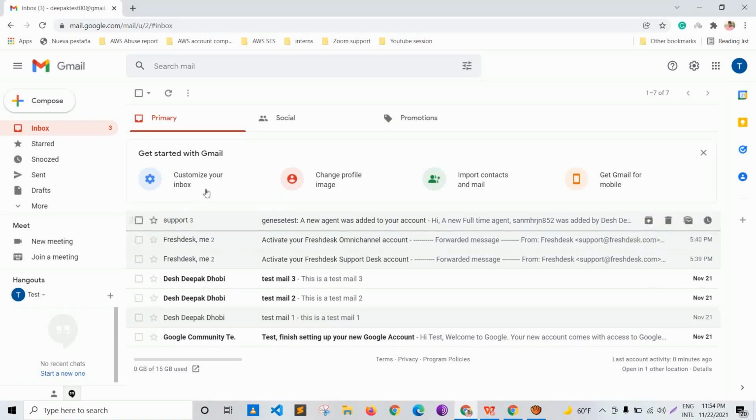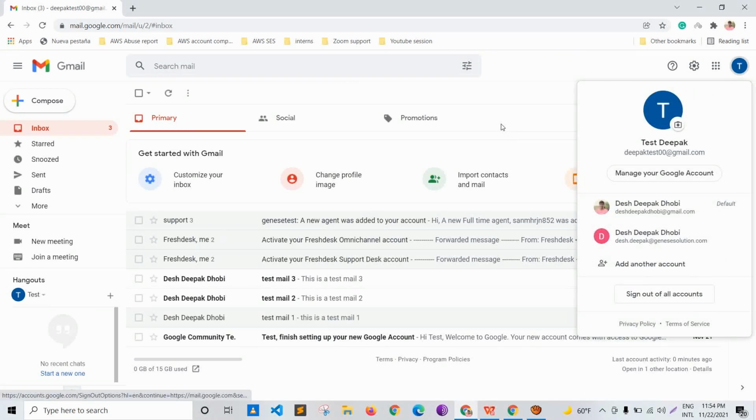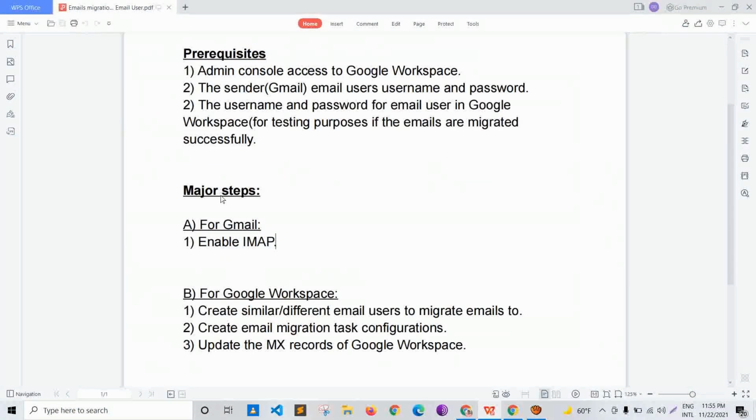I need all of these emails to be migrated from this free Gmail user, deepaktest00@gmail.com, to another user at the Google Workspace end that can be different from this. As mentioned in the major steps for Gmail, we need to enable the IMAP.